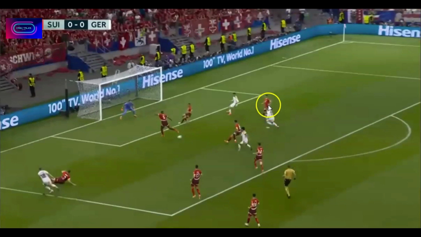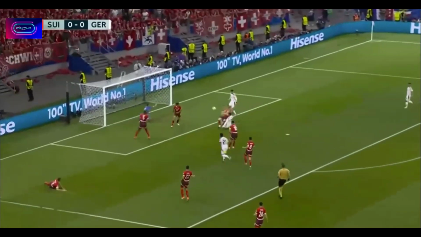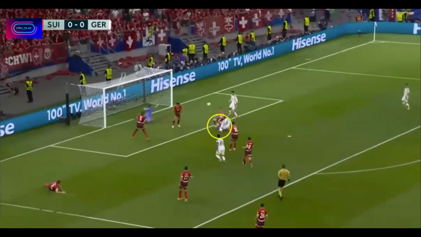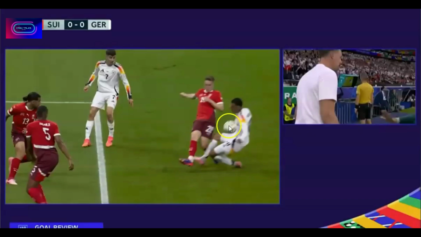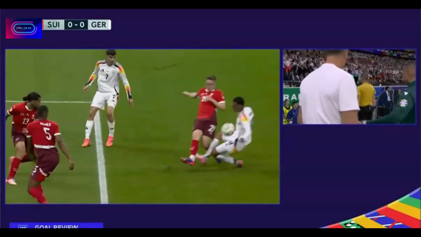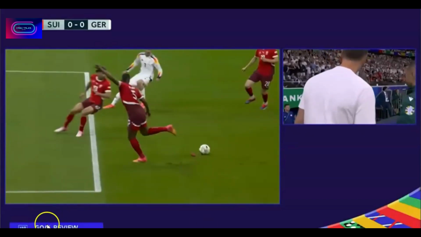So this is the impact, about here. These two players coming in, which they say is a foul. That's what they say is a foul. I can't see it myself. Tell me what you think. We're going to show it from another angle. See, this is the problem I have. He's played the ball. Has he caught him afterwards? Maybe, but you know what? He's already played the ball.